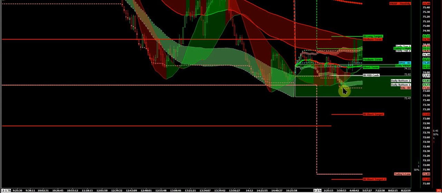It ran past it. It was in the zone. It bounced out of the zone. Once it comes into the zone, that zone's flat. It usually will bounce and come back up and target the upper zone right here. The daily VWAP extensions right up here. Okay, so it targeted that, made a new value area high right there at, what, 74.51,